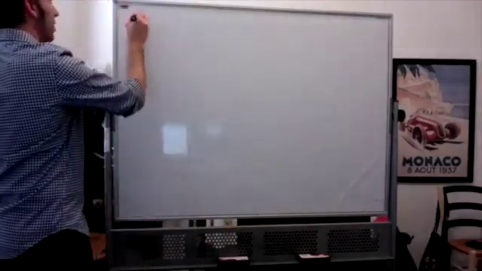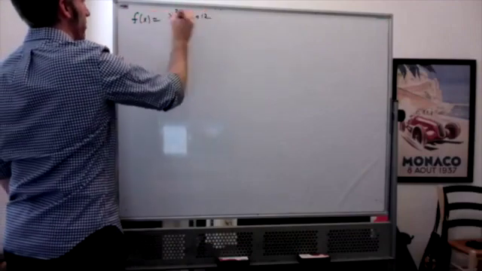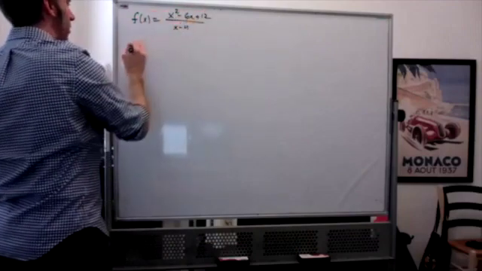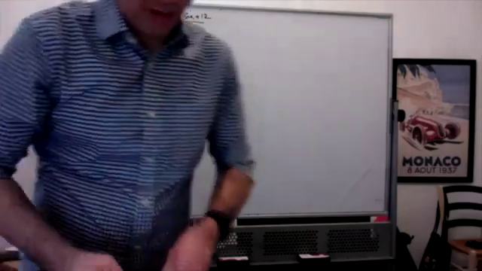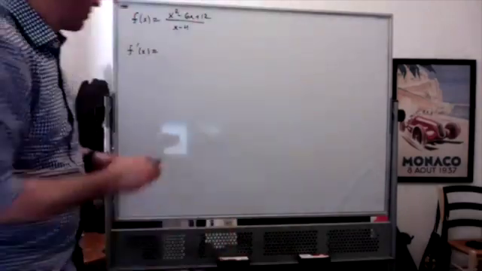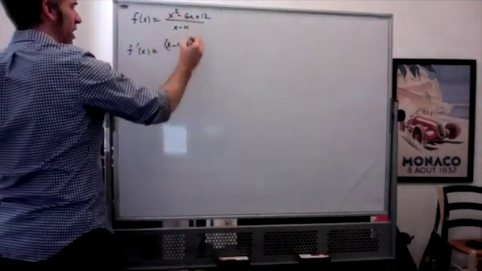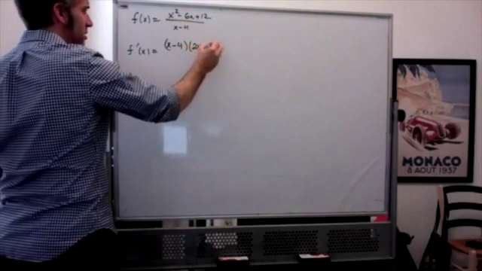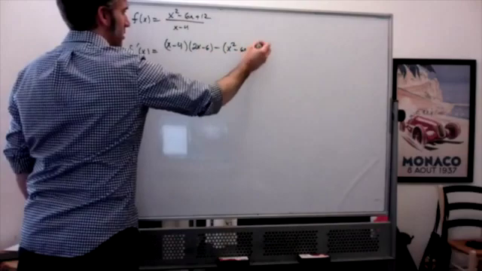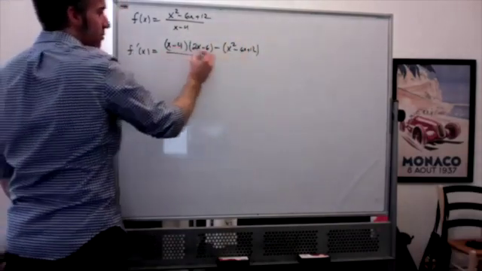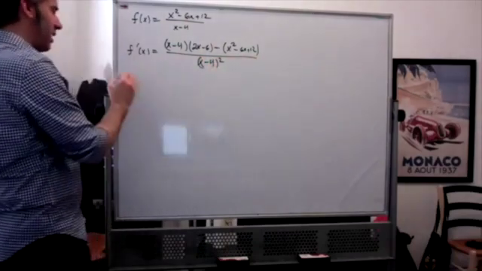So our function was x squared minus 6x plus 12 over x minus 4. Our first derivative is going to be, should switch pens. Should give this pen a break. First derivative is going to be the bottom times the derivative of the top, which is 2x minus 6, minus the top times the derivative of the bottom, which is 1, all over the denominator squared. Simplifying,